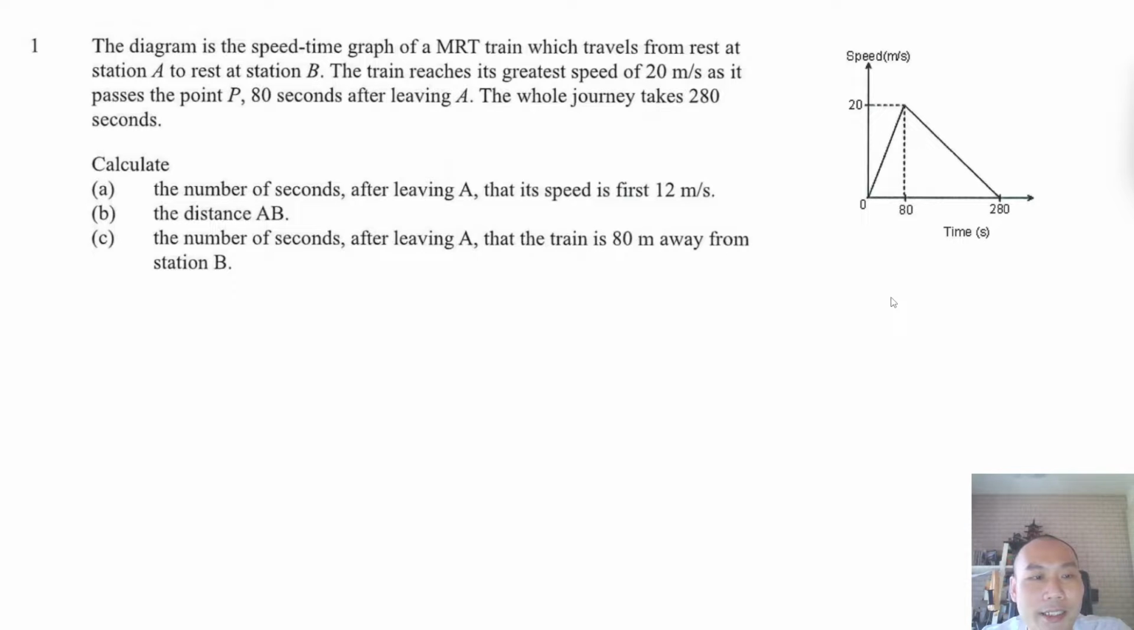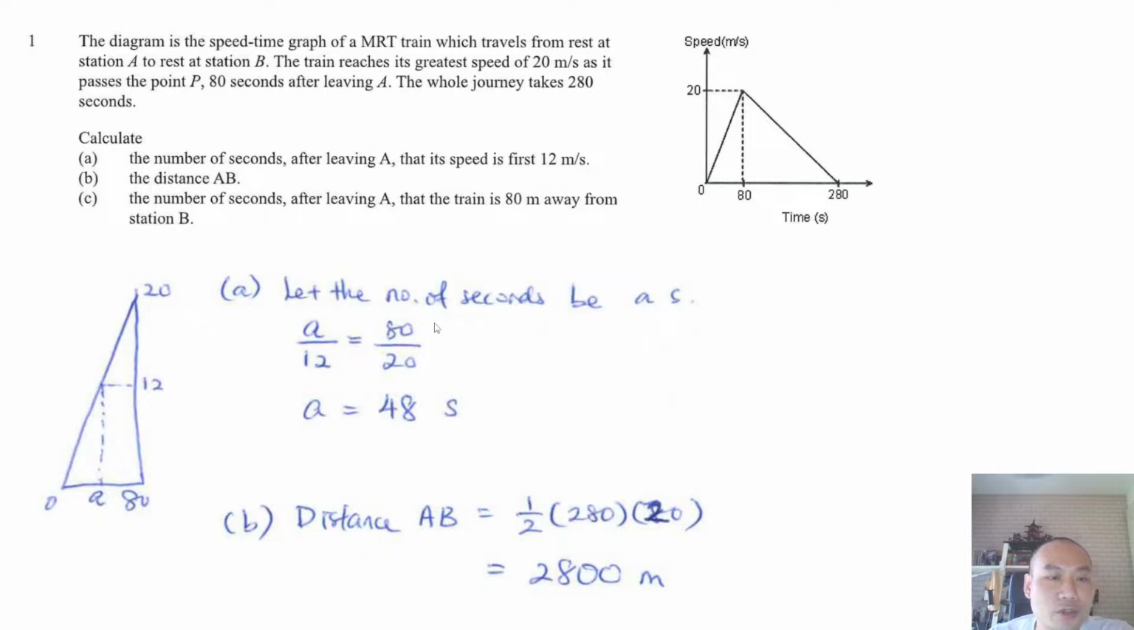Well, we can actually make use of the concept of proportionality, right? So how does it look like? Okay, we zoom in a little bit to the first part of the journey. This is the triangle you can see on the left side of the screen. So we are going to let the number of seconds be A, because at this point the speed is 12. We can do a quick sketch of the triangle, and by making use of the proportionality of similar triangles, we can say that A over 12